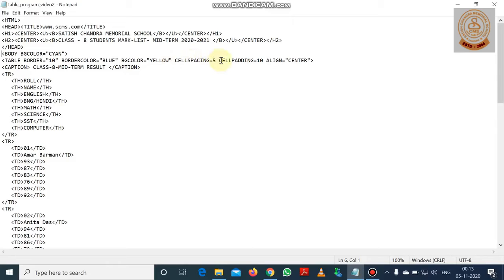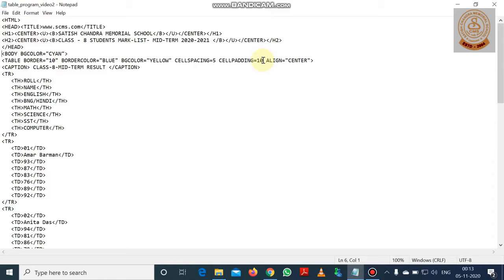Cell spacing equal to 5, that means the space between two cells within the table is 5. And cell padding is 10, that means between the wall of the cell, the side of the cell, and the contained character or word of the cell, there will be 10 unit distance.